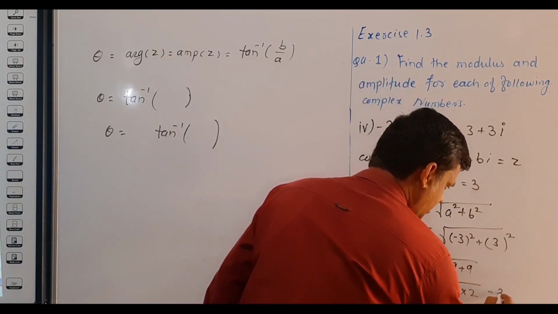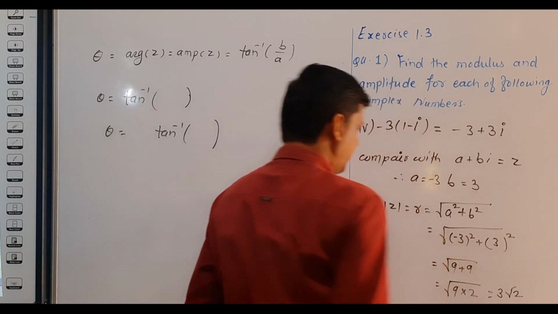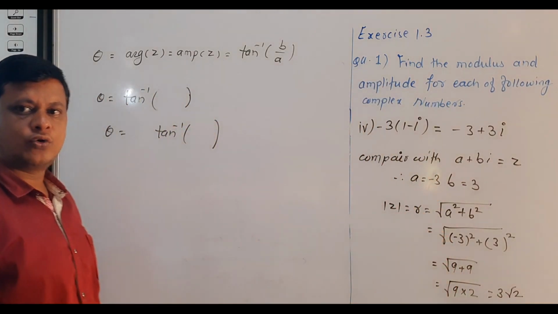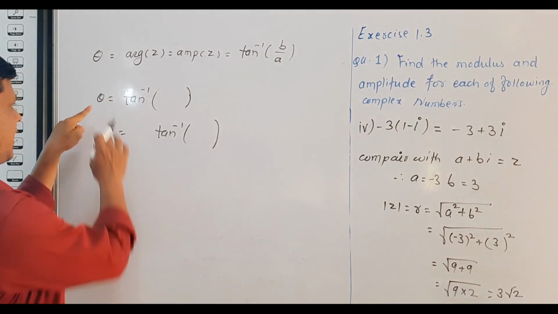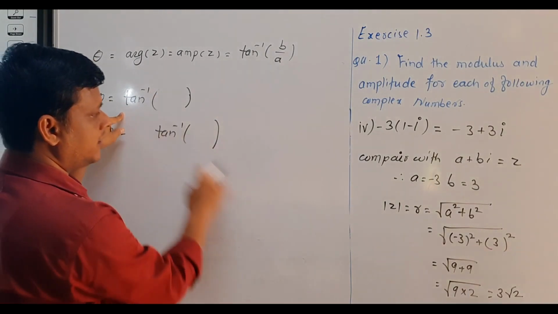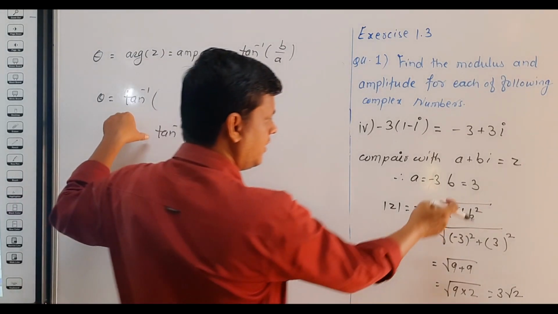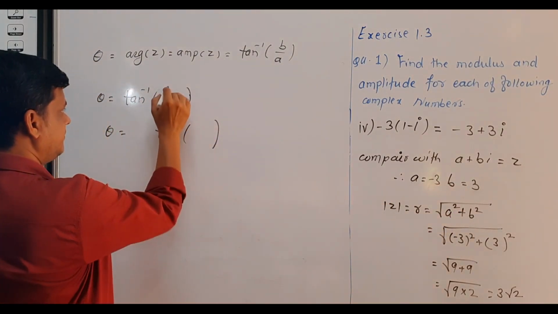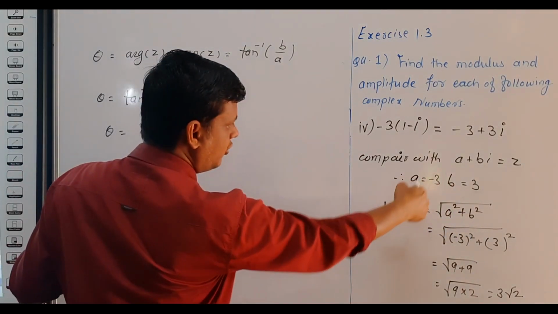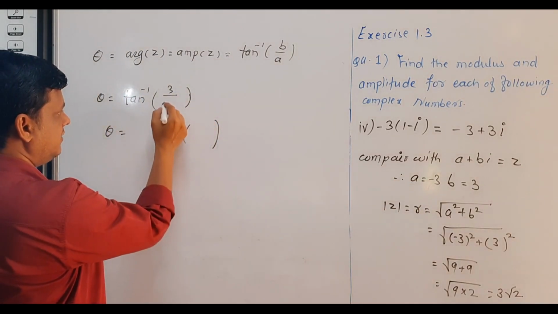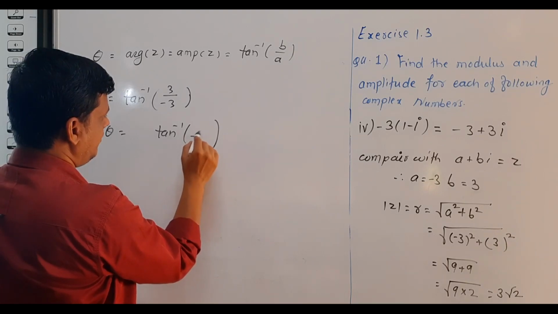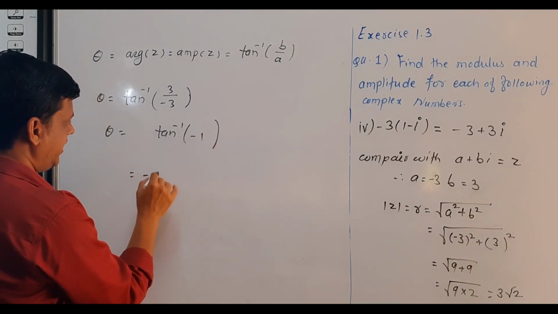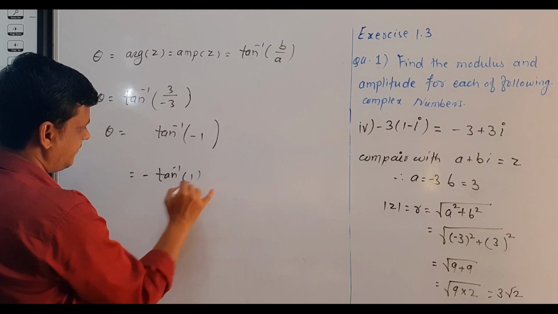Square root of 9 is 3, square root of 2 we cannot calculate, so we write r equals 3 root 2. Now we have to find the argument of z. So write theta equals tan inverse, the value of b is 3, the value of a is minus 3. So we get tan inverse of minus 1. So you can write minus tan inverse of 1,